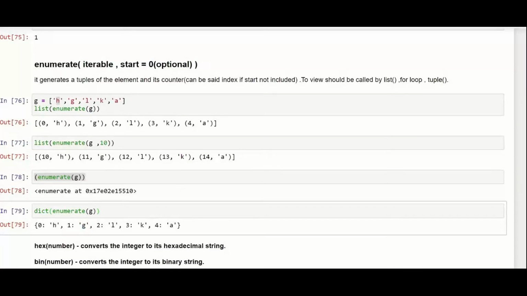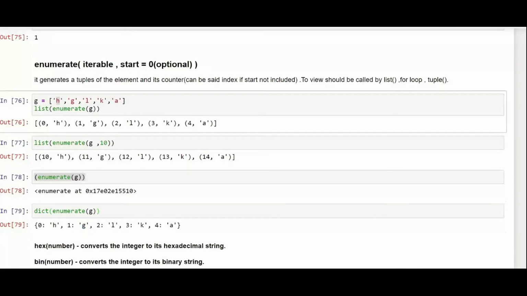Okay, tell me one thing. If I want to print the value k in this list, what syntax or method do I have to use? What will be the addressing for the same? You can write in the chat window. The list name is G, and I want to print the value k.